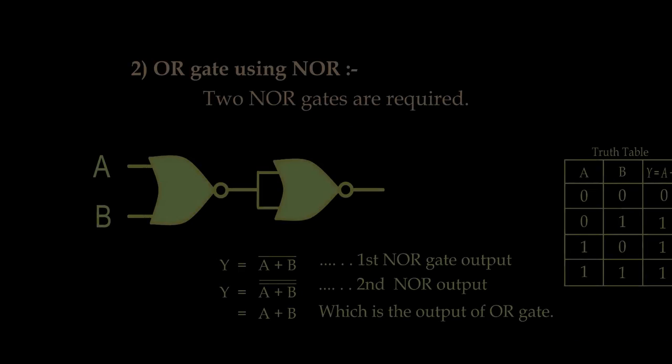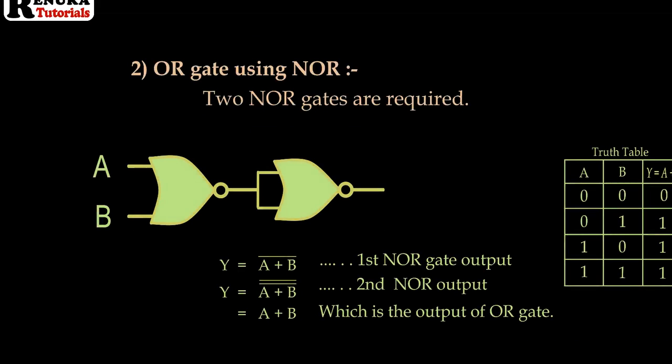Second, we will construct an OR gate using NOR gates. To construct an OR gate using NOR, two NOR gates are required. First of all, we will connect the variables to a NOR gate. So the first NOR gate will output (a plus b) whole complement. At the output, we will connect a NOT gate made using a NOR gate. Both the inputs are common here. The (a plus b) whole complement is again complemented at the output using the second NOR gate. The output will be (a plus b) double complement. From Boolean algebra, if double complements are done, no complement will be there at the output. So here the output will be y equal to a plus b. So this gate will behave like an OR gate.